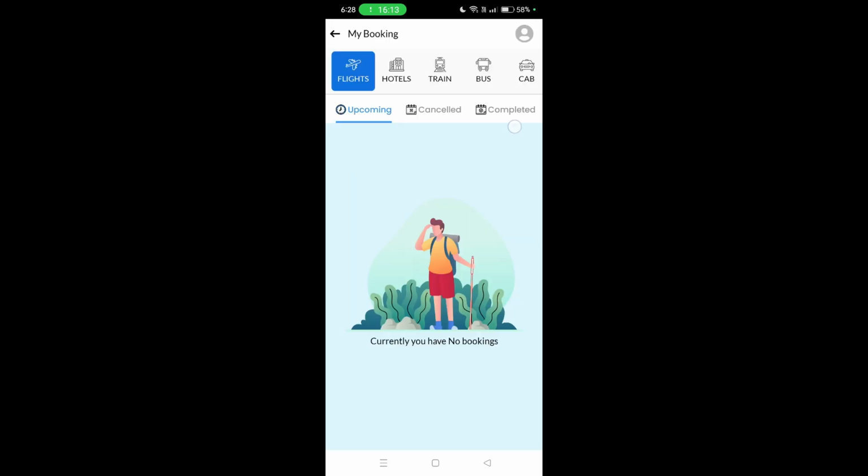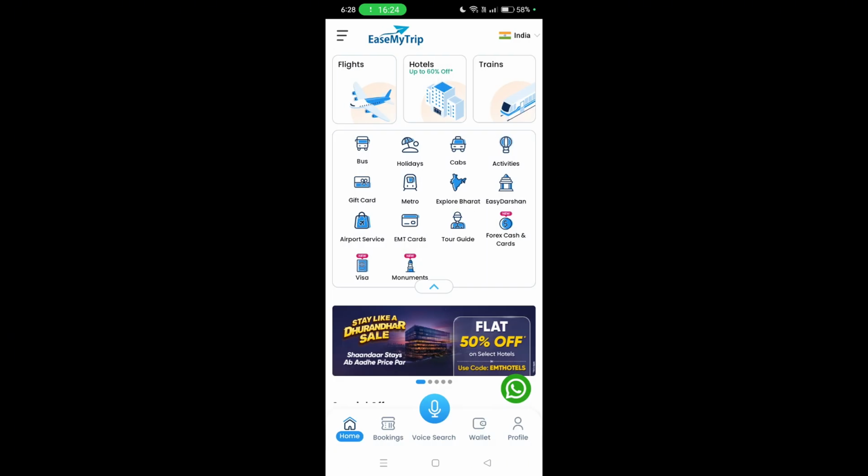And there you go. This is what it will look like if you have an account. But if you don't have an account, you can just type in the flight number and the ID. So here, I've shown you what it looks like if you don't have an account, and now I'll show you if you have an account.